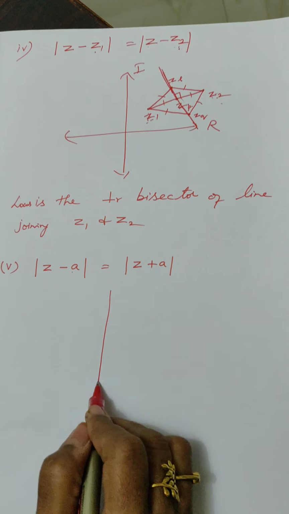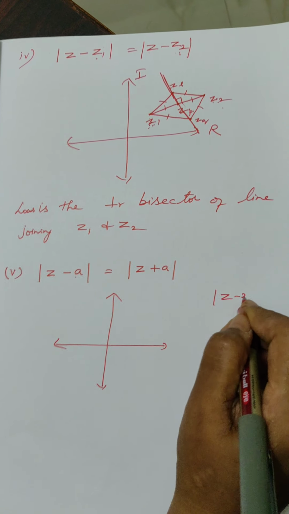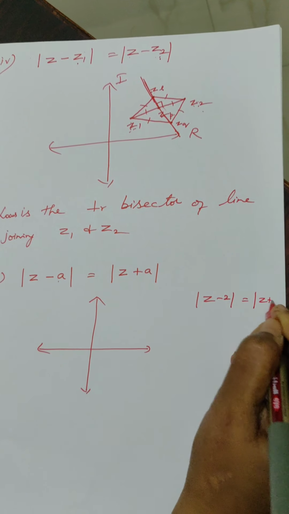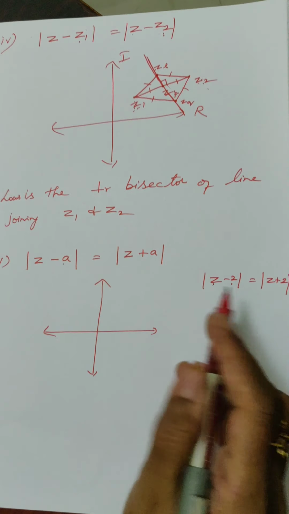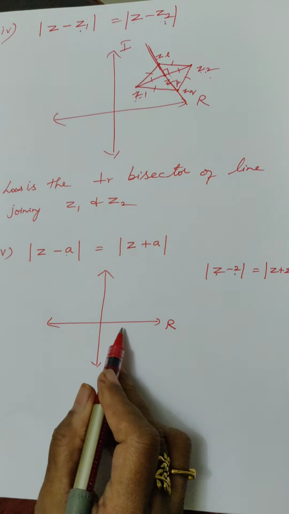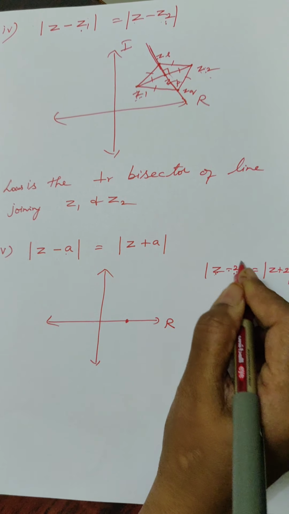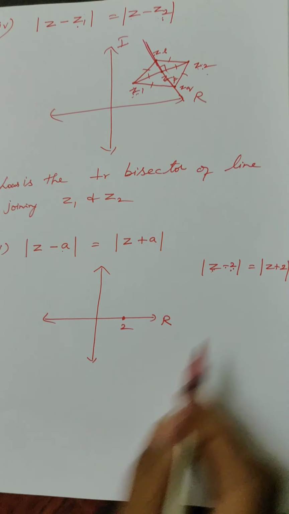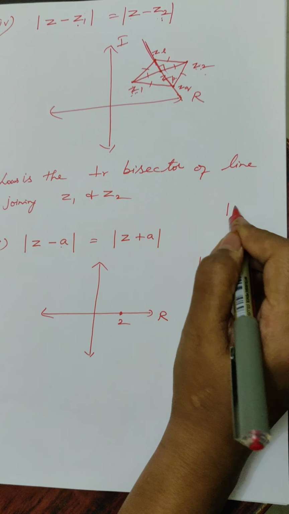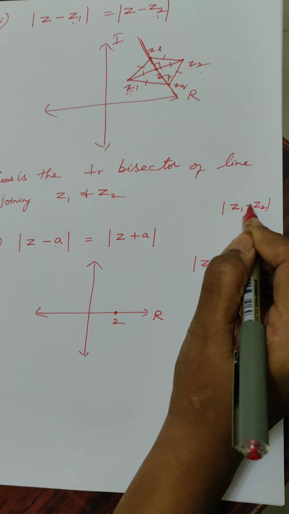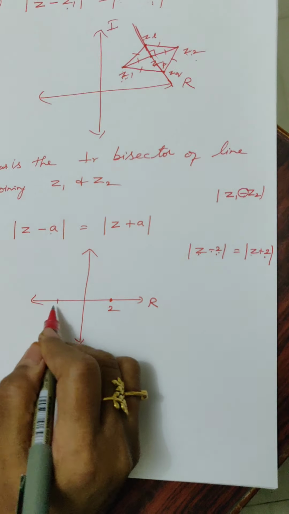Let us check. So let a be any point. With an example I am telling you, modulus of z minus 2 equal to modulus of z plus 2. Okay. z is a complex number and 2 is a number which lies on the real axis. So z minus 2 means here z minus z naught. z naught is 2. So 2 is here. Okay. z plus 2. What is the meaning of distance between any two complex numbers? Modulus of z1 minus z2. Please note the symbol, minus z2. So z plus 2 means the next complex number is minus 2.